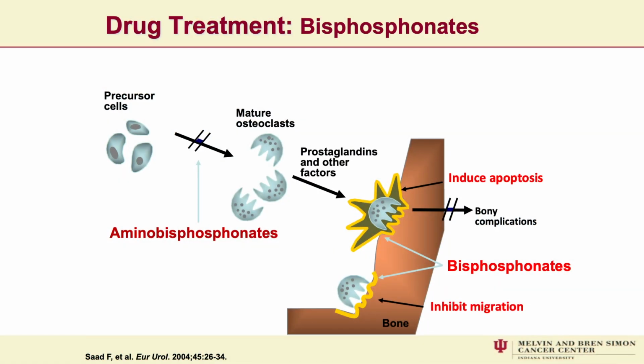So the first drug we used to treat bone disease in myeloma, and we still use a lot of it, is zoledronic acid, or Zometa. The way it works is that it binds to the bone and inhibits the osteoclast from binding to the matrix and destroying bone. So you're still making a lot of osteoclasts, but these osteoclasts are not binding to the bone